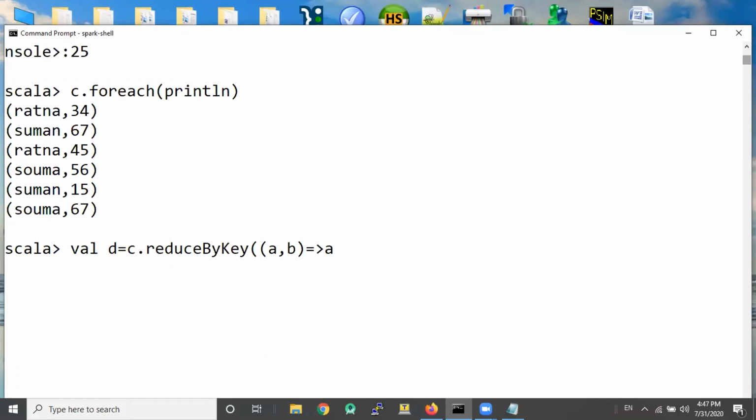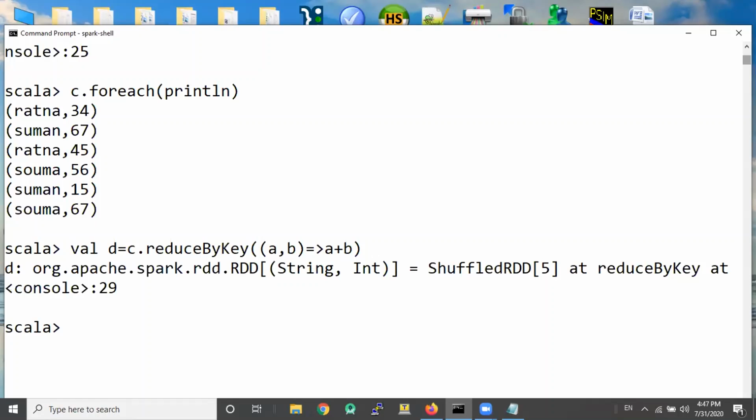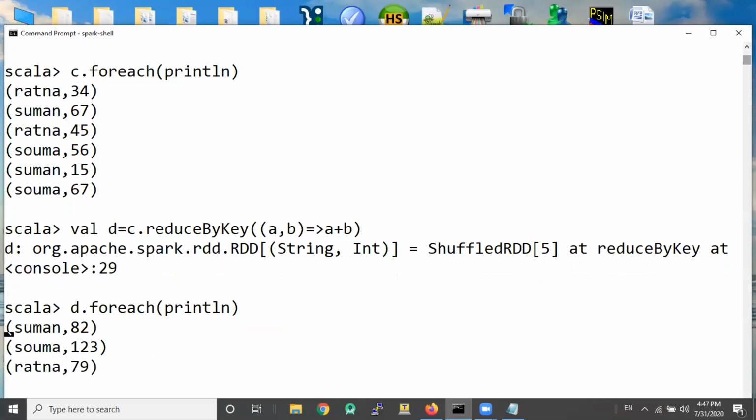We give a plus b. Okay, done. We've got string, int. Let's print it. And we get the results. Can you see? The total is there.